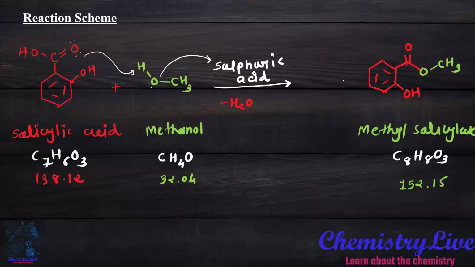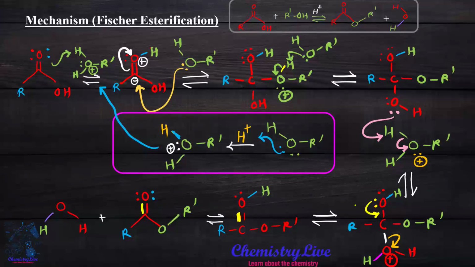Let's look deeper into how they are produced. We first look at the common Fischer esterification reaction mechanism, so we'll switch to that one. This is a common reaction mechanism. Here we see acid, alcohol, acid attack, and we get our ester and a water molecule as a byproduct. So how does it proceed? The lone pair attacks the protonated alcohol.